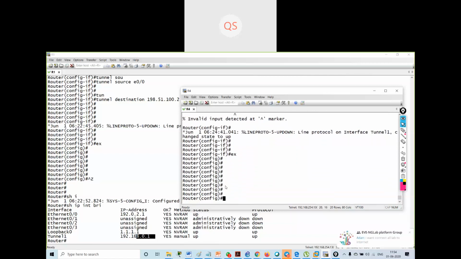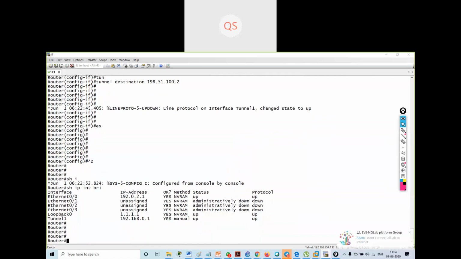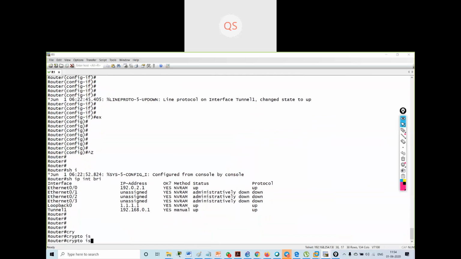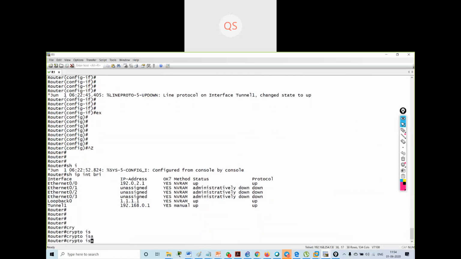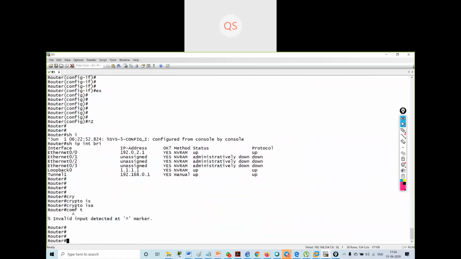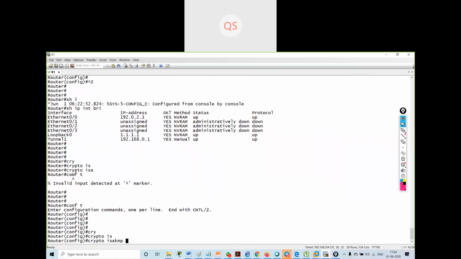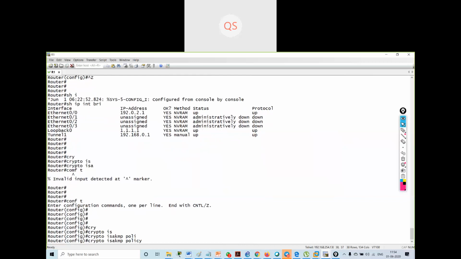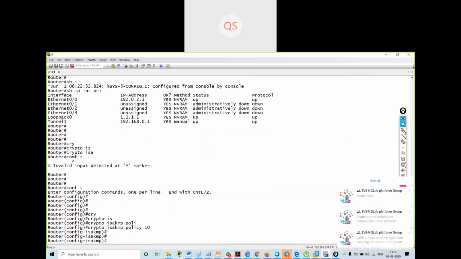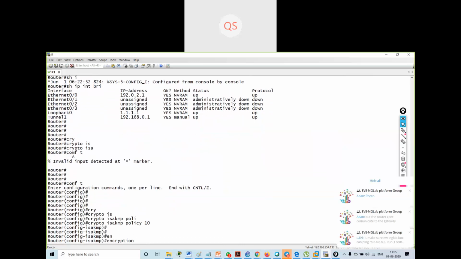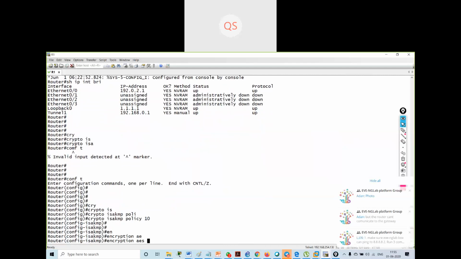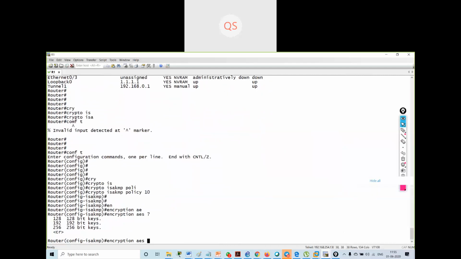Now I'll go on R1 and I'll create the policy, crypto ISAKMP policy. I'll give the number 10. Then I'll say encryption AES 128.